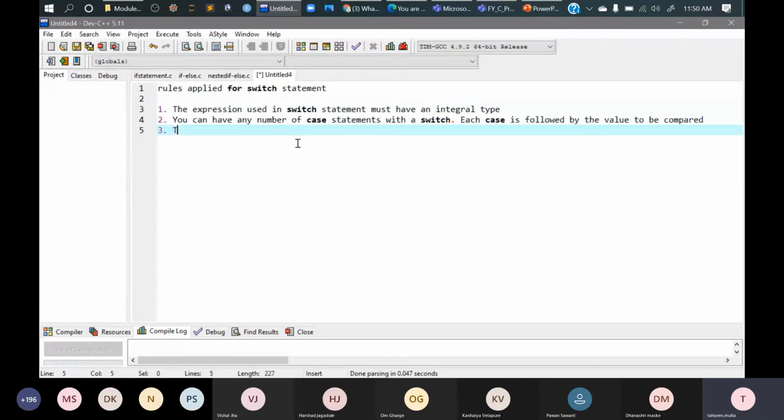So I'll write down this rule: the constant expression for a case must be the same data type as the variable in the switch, that means the switch block.